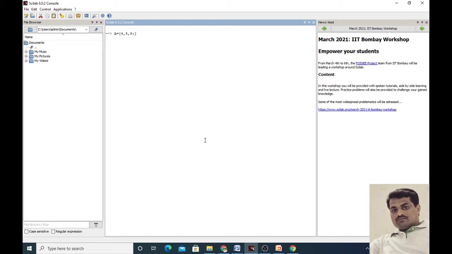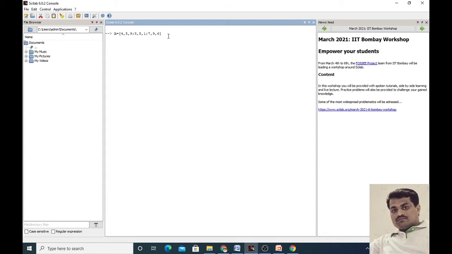After the semicolon, the second row contains elements 8, 5, and 1. Then the third row we separate by semicolon. The third row is 7, 9, 6. Thus we get the matrix A.